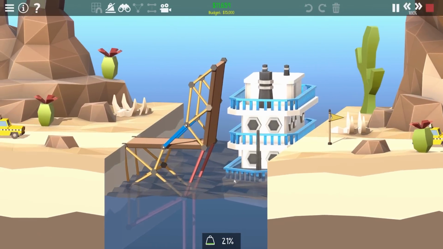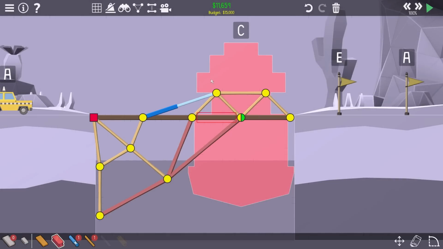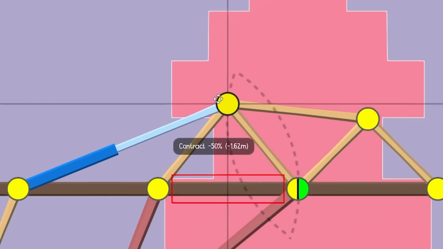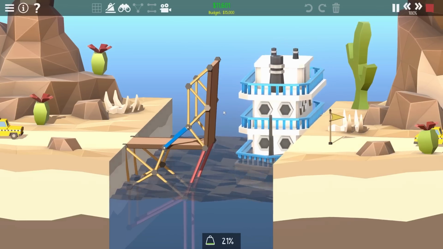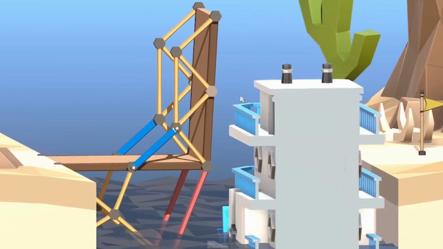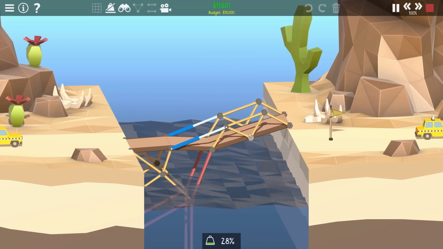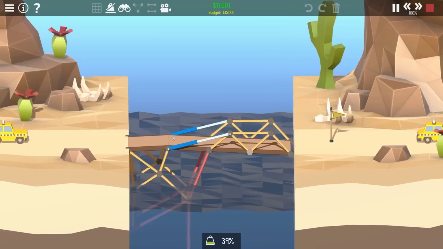Is it enough to get out the way? No, it got hit by the boat still. Thankfully though, we can just turn the grid off. We can do a bit of tweaking of this node basically, until eventually we end up with that, which is just about out the way. It was pretty close. However, then the bridge comes back down, and then if that's going to support the taxi,